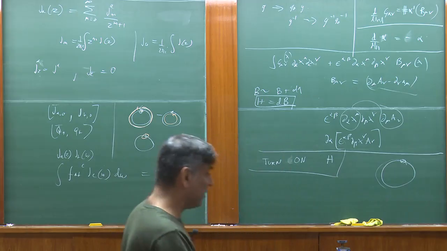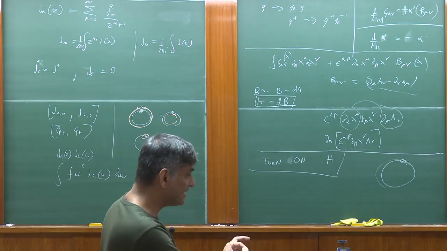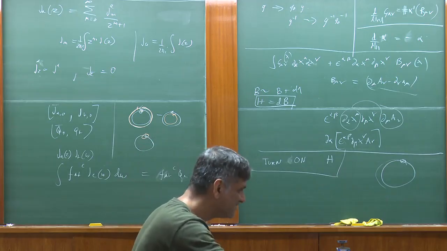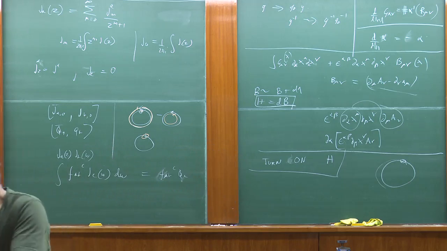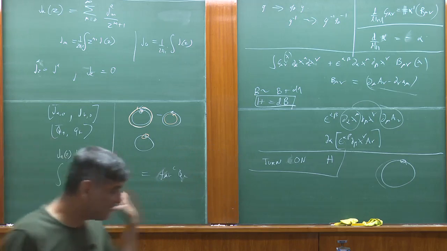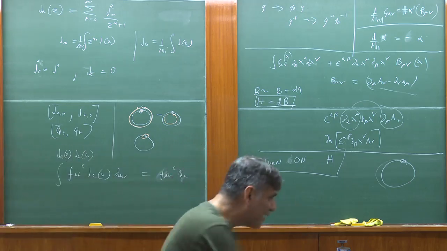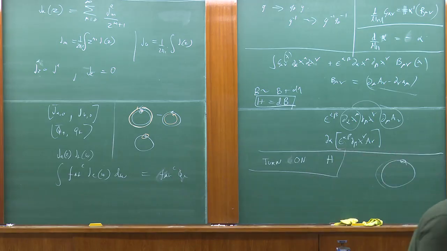Okay? But because of that, you see that the theories that you get are discrete. The level there was the amount of H flux. That is one other way of understanding, from this point of view, why these levels were discrete. Now let me see if I can